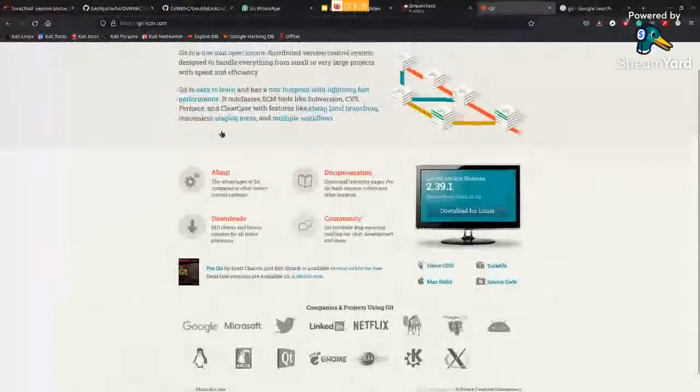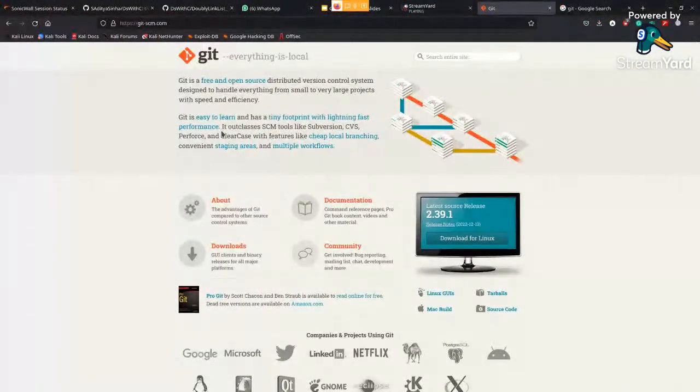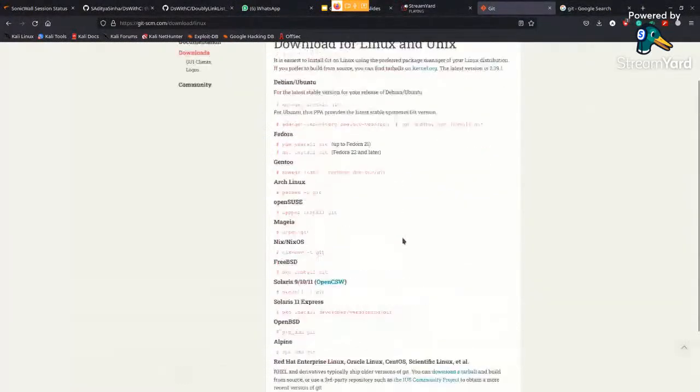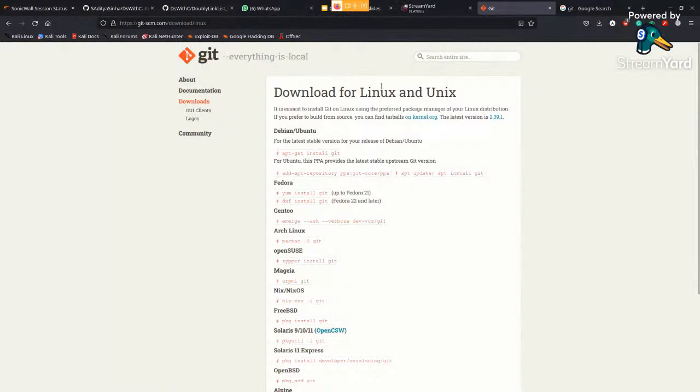So yeah, this was the site which I talked about earlier. From here, you can get the official version of Git, which is released by the community. And you must be surprised to know that this was also developed by Linus Torvalds, the same person who played the major role in the contribution and development of Linux. So yeah, as you can see, here is the download link. Now you can install it just by clicking this. It will get you to this download page. You can get whatever version, depending upon the system.